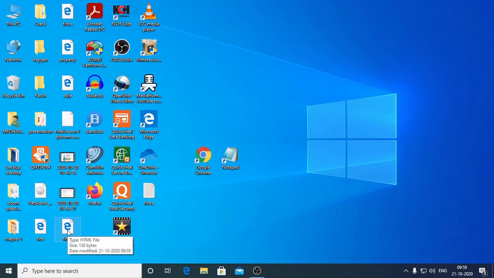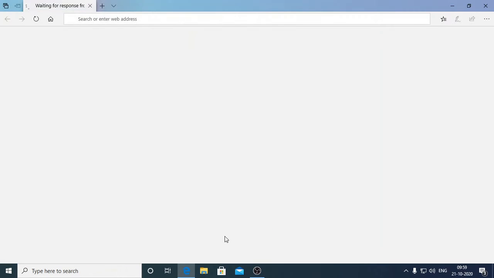Now my default browser is Internet Explorer, that is why the file has got associated with this browser. So my first one is my HTML file. Since it is an HTML file, the associated program is Internet Explorer, and since Internet Explorer is the default, its icon has got associated with my file. I'll open this file by just double clicking it. You can see here this title has come, first web page.